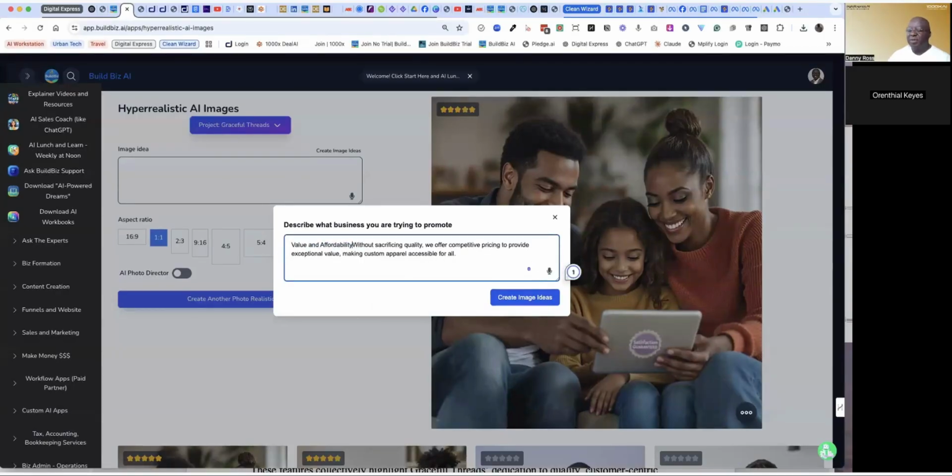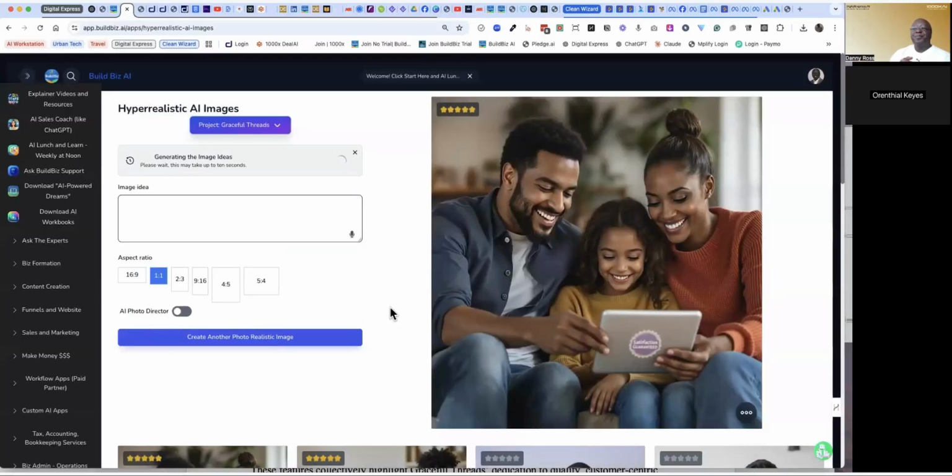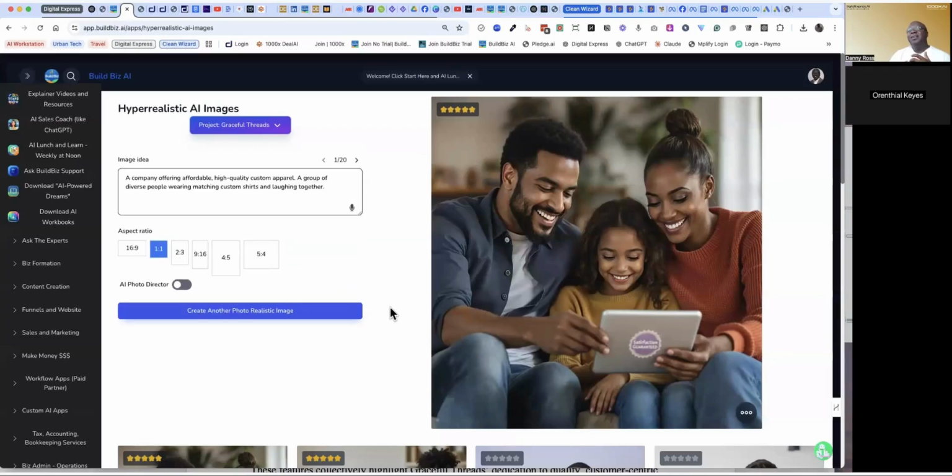Boom, boom, and tell it to give me some ideas. So the AI sales coach gave us 10 ideas. We took that, put it into the image generator, had it create for each idea the images that fit that